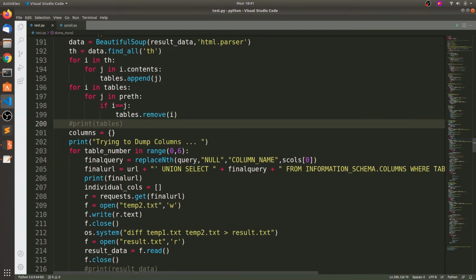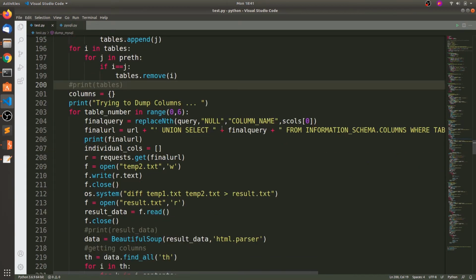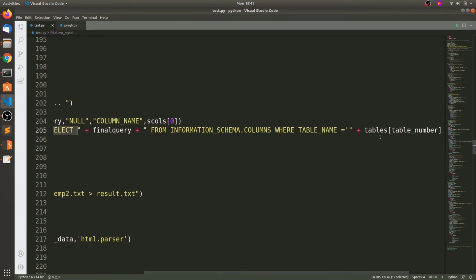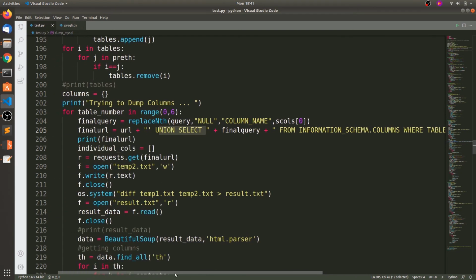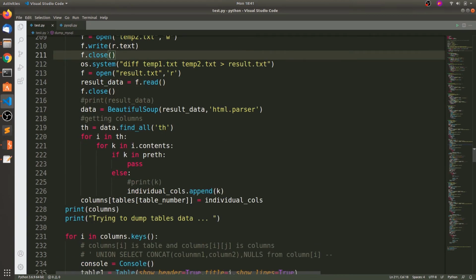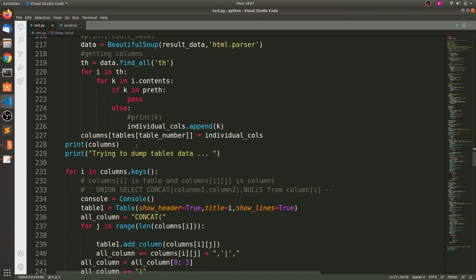For each table, I iterate and query this URL: union select from information_schema.columns where table_name is equal to the looping table. I put the result in temp2 and use the diff command, so I get the result. In that result I am extracting these columns.